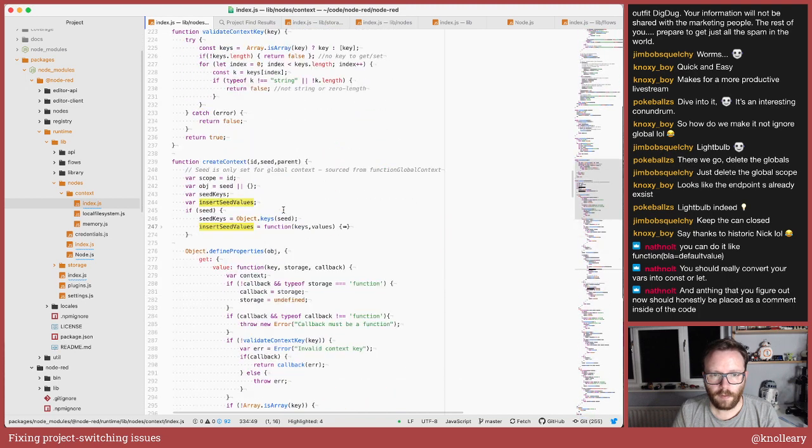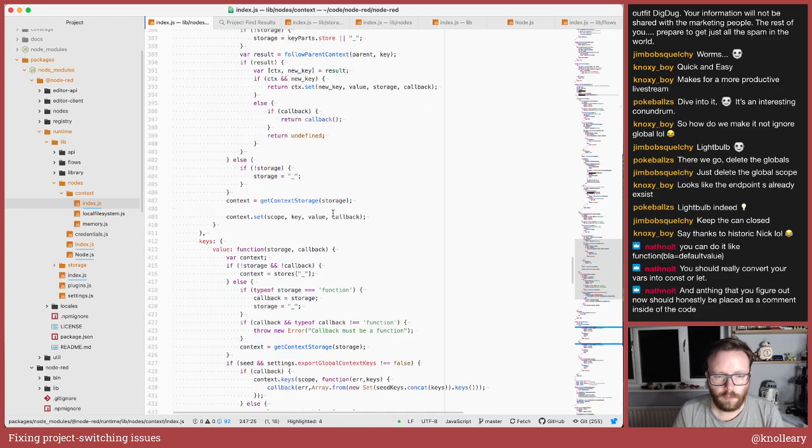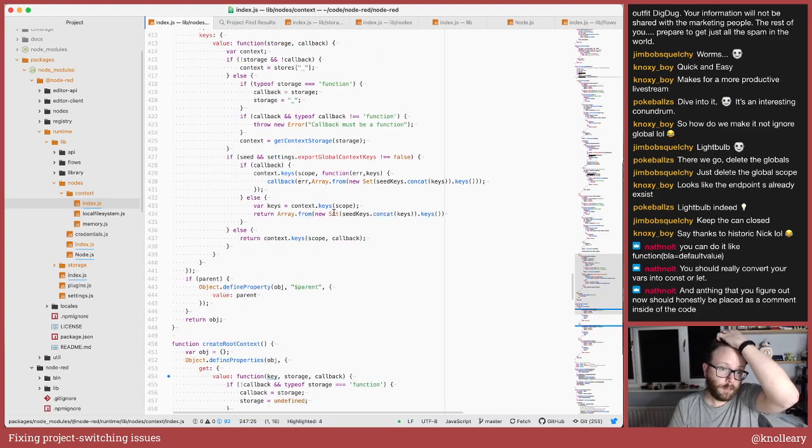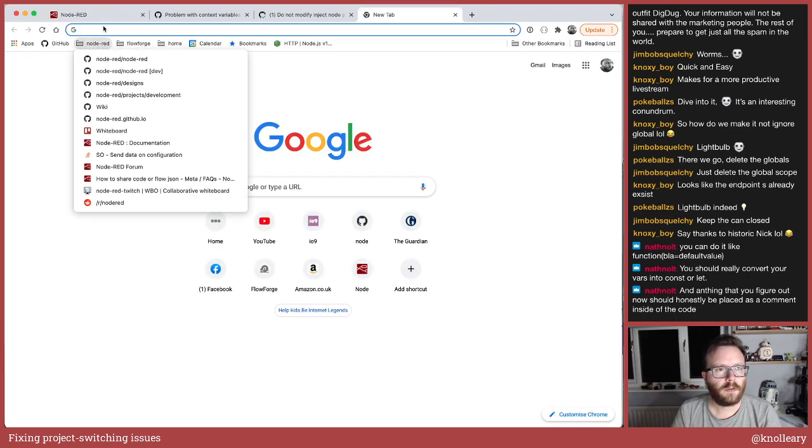And I think the starting point is, well, at some point we need to change this line, which is the actual context store. We shouldn't be setting it to seed. It should always be a brand new object. And then if seed exists, that's where our insert seed values comes into play. The problem is the legacy way of accessing context. So let's see if